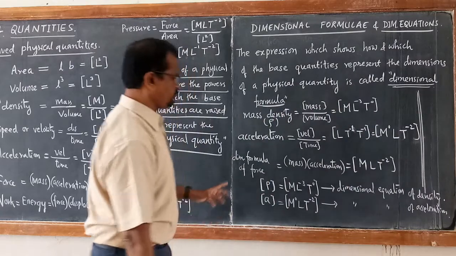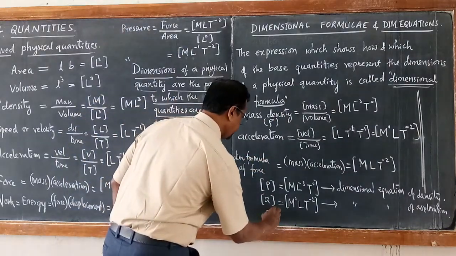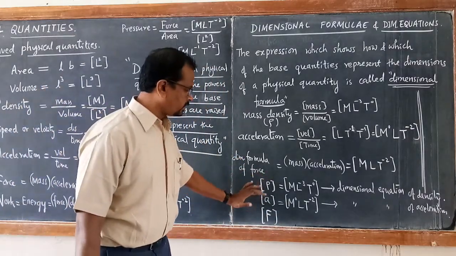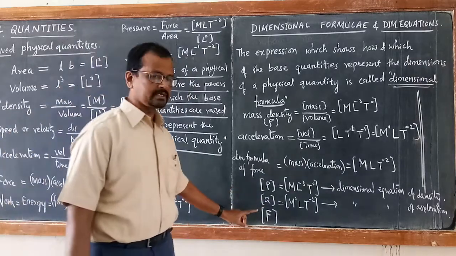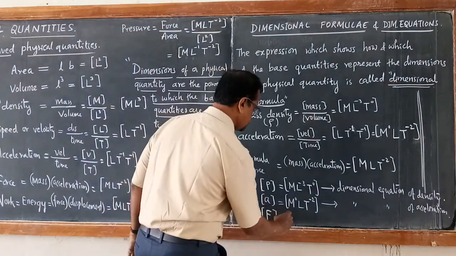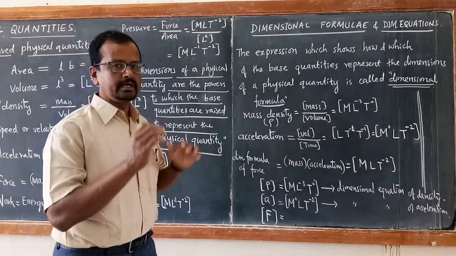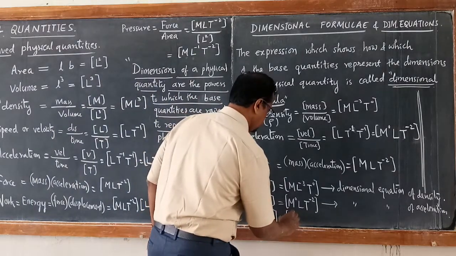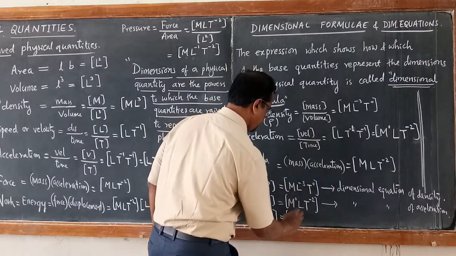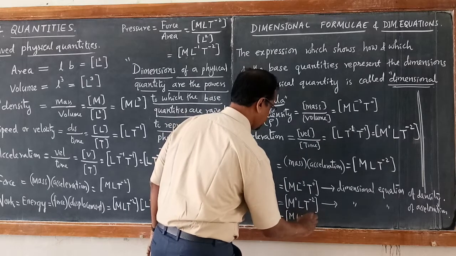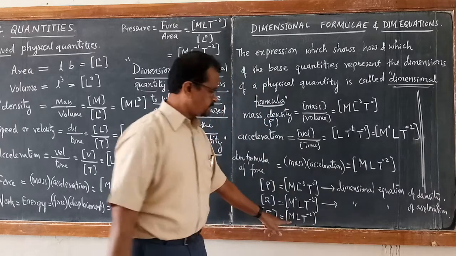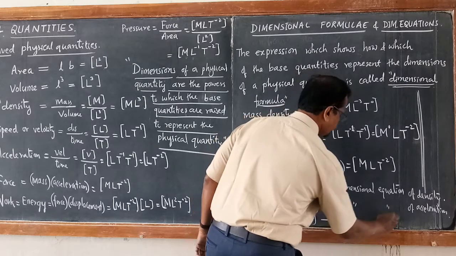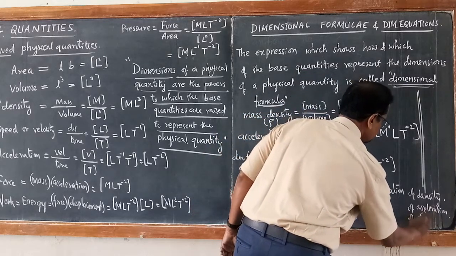And the dimensional equation of force, capital F. So on the left hand side you can see all the dimensions of that particular derived physical quantity, expressed in terms of its base physical quantities raised to a certain exponent. So we got m L t raised to minus 2, kg meter per second square in terms of SI unit. So this becomes the dimensional equation of force.